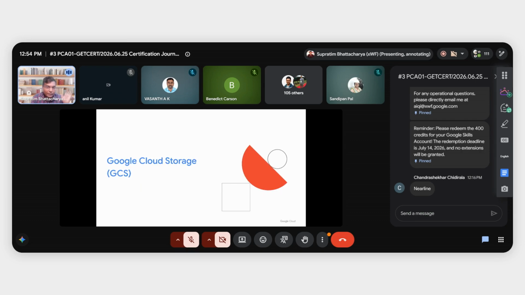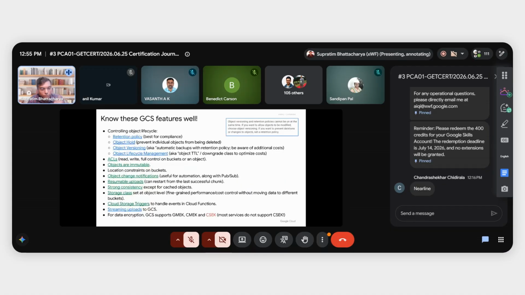Fine. So let's move to the next part of our discussion today. I think we have already discussed some of the options within GCS bucket. We have discussed retention policy, object versioning, lifecycle policy, and someone is asking about object level or granular level retention policy. That is where we can use object hold. So object hold is a concept through which we can apply object level retention, right? The process is different, but retention policy is at the bucket level, object hold is at the object level. Similarly, I am